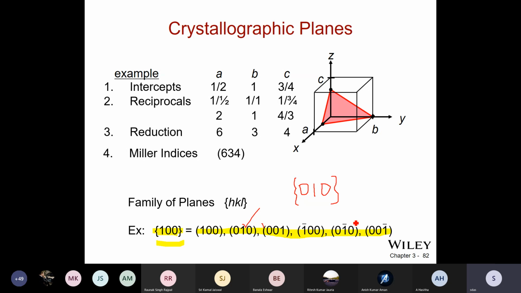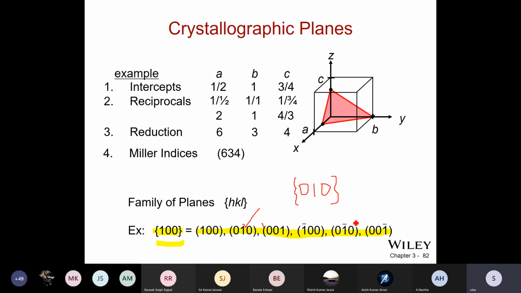If I identify the 100 plane, then the family of planes will be 100, bar 100, 010, 0 bar 10. But 001 and 00 bar 1 will not be